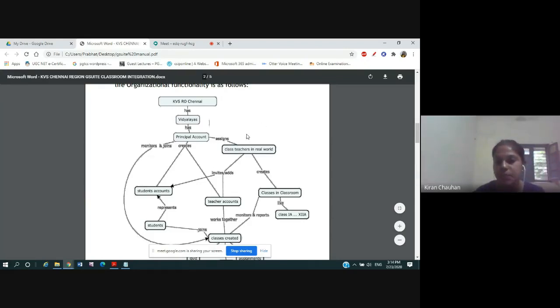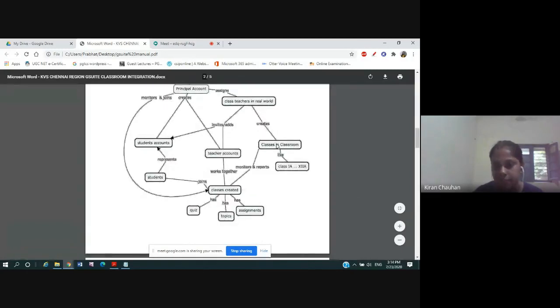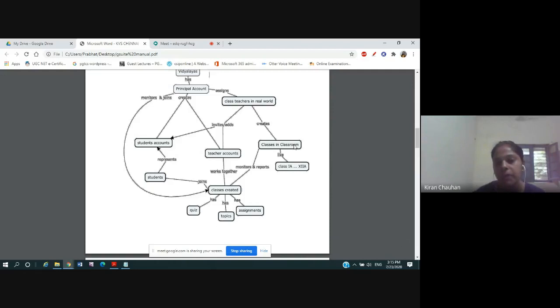The main responsibility of handling and maintaining the class will be of the class teacher. The major role the class teacher has to perform is to create a class, and inside that class the class teacher will create the timetable according to the calendar. They have to set up the timetable month wise or week wise also. Whenever they get time, they have to set the timetable, and using that calendar timetable, we have to take classes accordingly.